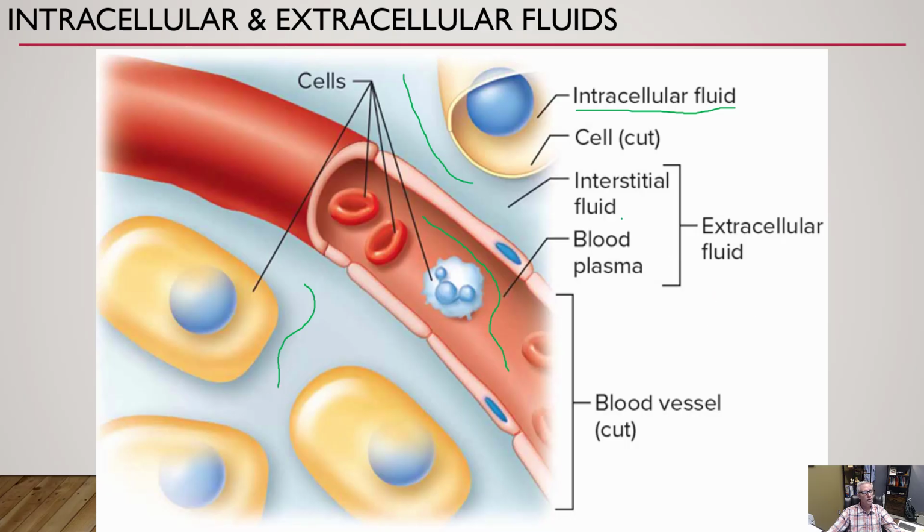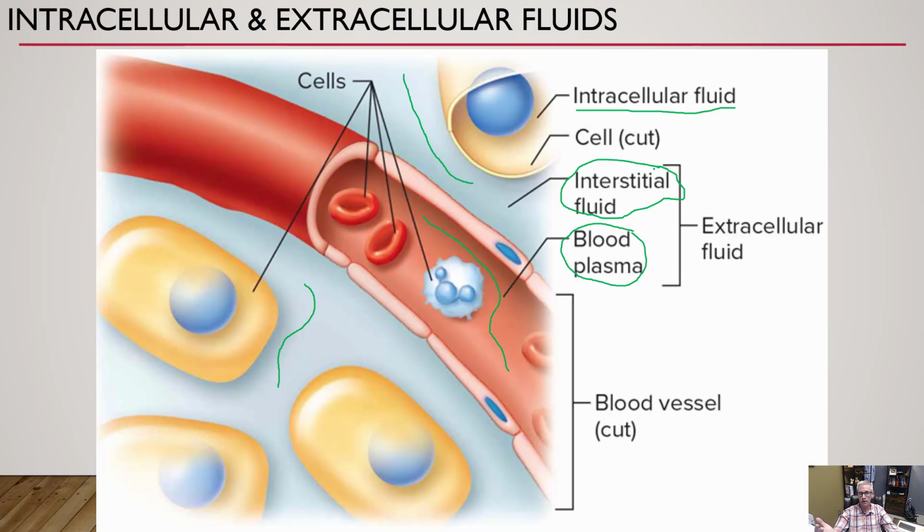And we'll learn later on that the fluid that is outside of our cells, the extracellular fluid, depending on where it is, has special names. So the fluid that is in our bloodstream, we call that plasma. The fluid that is kind of in our tissue space, interstitial fluid. So if you've ever heard of edema,